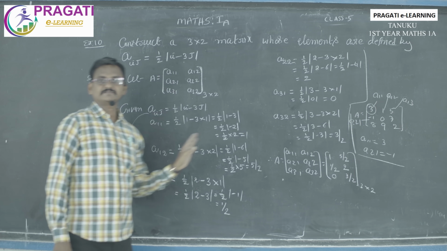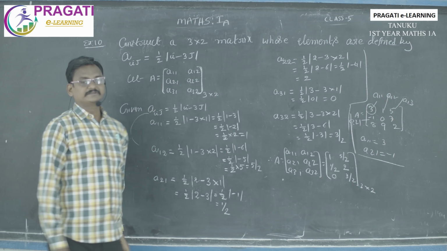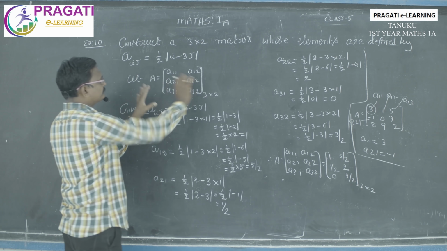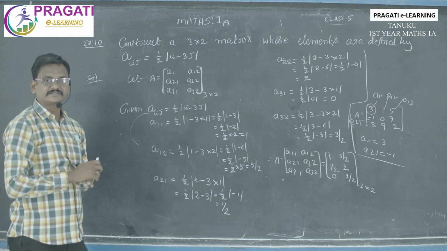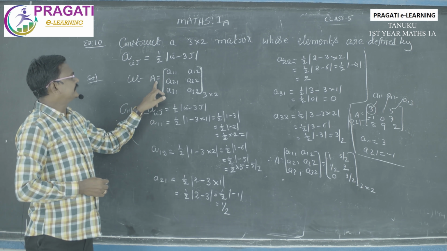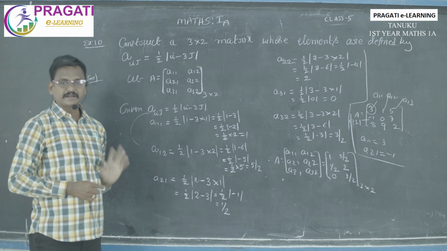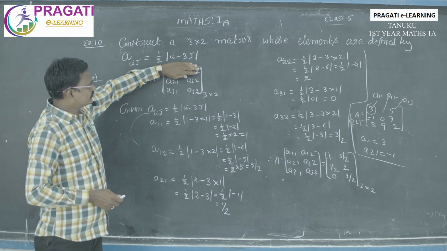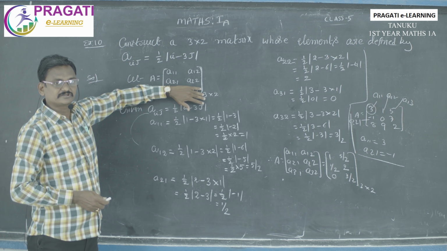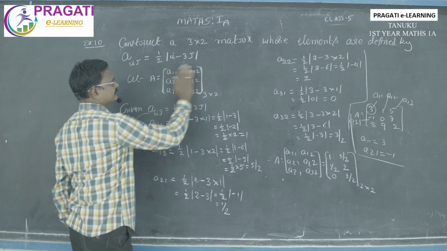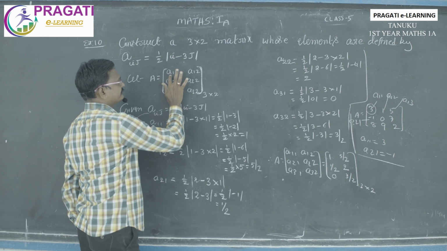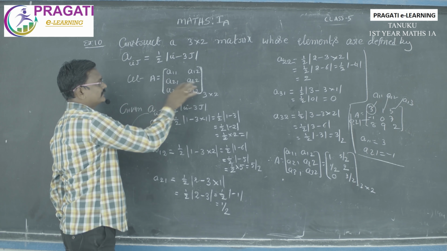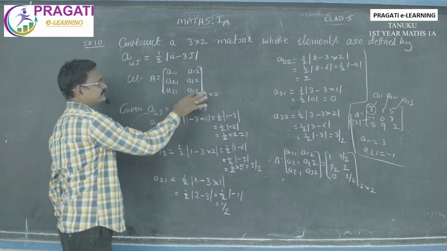This is the process for finding the matrix when the data is given. Maybe some students have doubts. A is equal to, we want a 3 by 2 matrix. That means 3 rows and 2 columns. First row, second row, third row, 3 rows. 2 columns, first column, second column. So A11 and this is A12. When you are writing second row, that means A21, A22, and this is A31, A32.